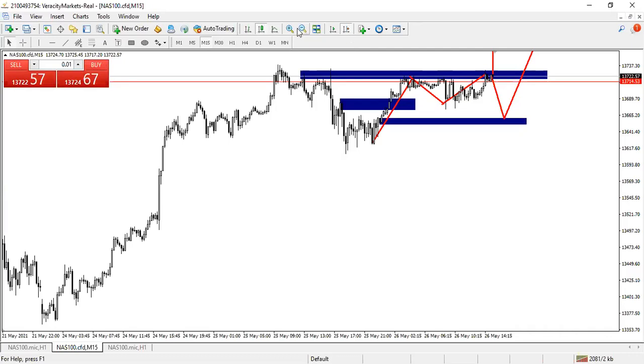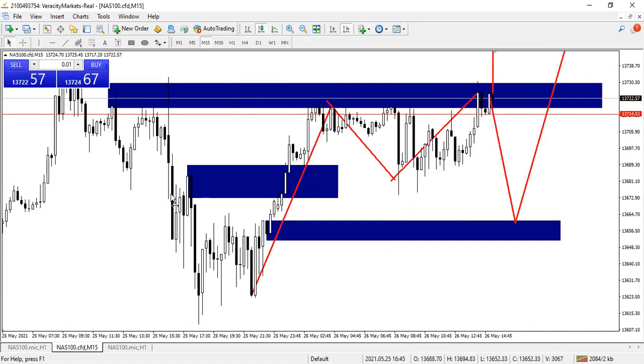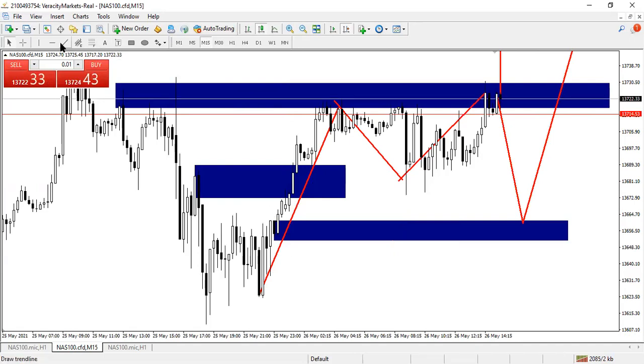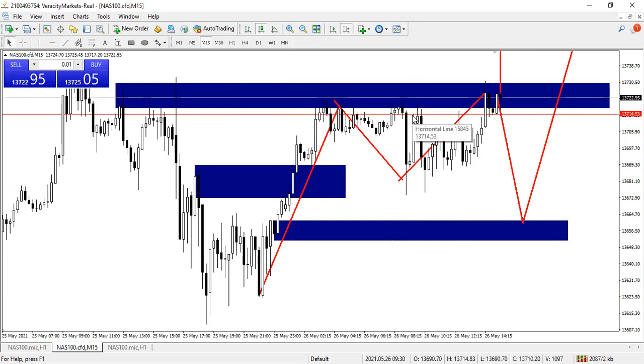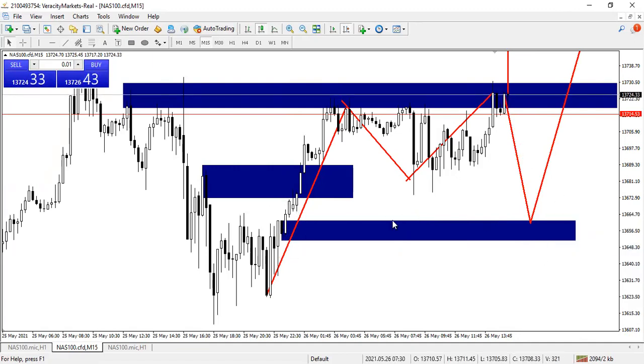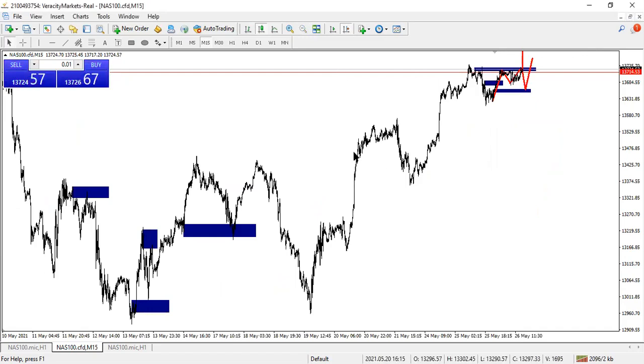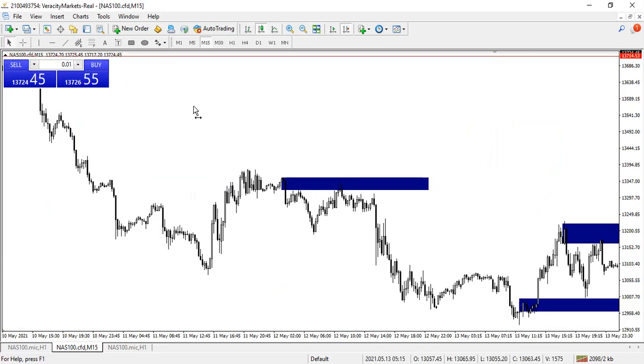Even here, the reason I've marked this zone is I'm seeing a big candle away. This is the move that broke this zone, meaning there are still unfilled orders. We have an imbalance at this zone. In this world, everything must be balanced. So the market makers must push the price to this zone, and after pushing the price to this zone, they must cause a balance before they can continue with the trend. We see now that the market is in an uptrend, meaning I can tell you guys not to sell Nasdaq for now. Wait for Nasdaq to reach your setup.